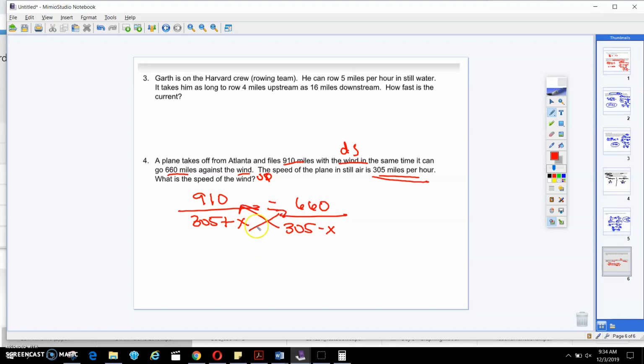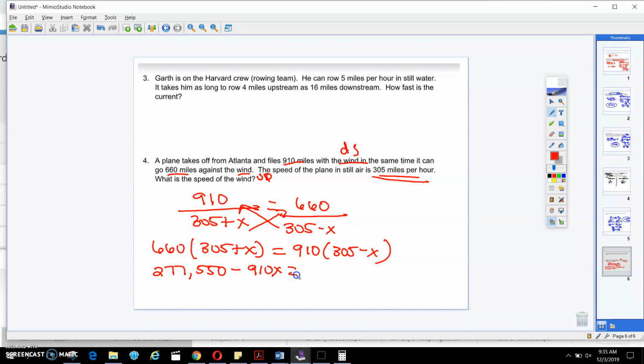You're going to cross multiply. And so that's going to get you 660 times 305 plus x is equal to 910 times 305 minus x. When I distribute, I'm going to get 277,550 minus 910x equals